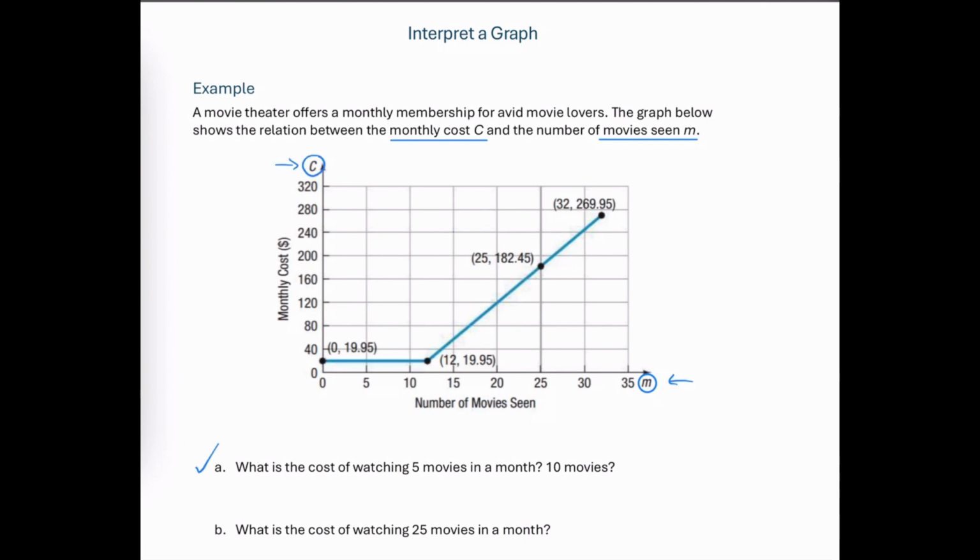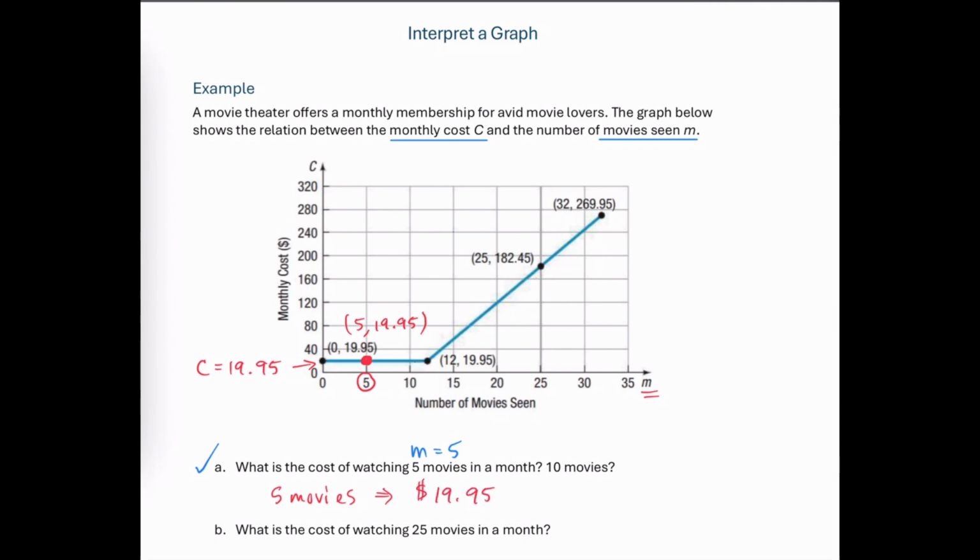Part A says to find the cost of watching 5 movies in a month. That means we're looking for the value of M that is equal to 5. So we come along our M axis and we're looking for the M value of 5, and we want to determine the corresponding cost for that number of movies. The cost in this region is a constant, $19.95. So this ordered pair is going to have the M value, or the number of movies, as 5, and the corresponding cost is $19.95. So the cost of watching 5 movies in a month is going to be